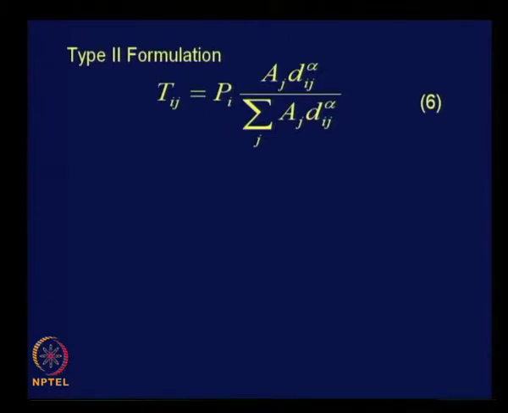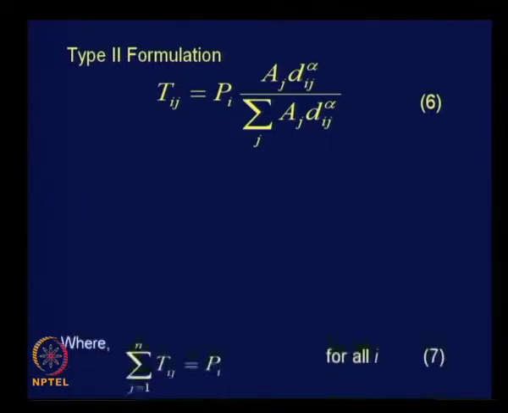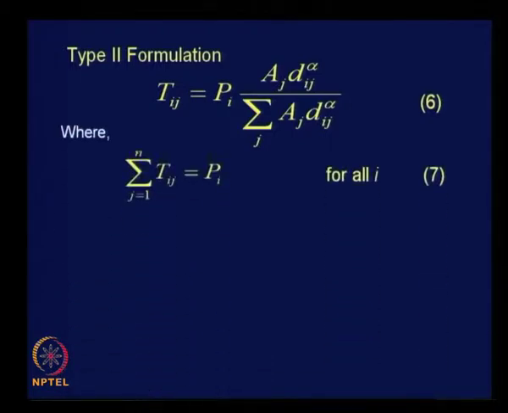Then type 2 formulation is this. What is this formulation? It is a very simple singly constrained gravity model. Fij has been written as dij raised to power alpha, otherwise it is a singly constrained gravity model. The functional form for the friction factor has been directly taken as a simple polynomial function as dij raised to